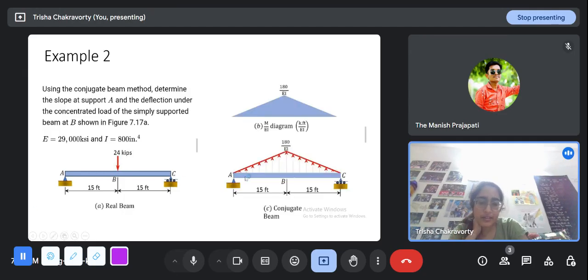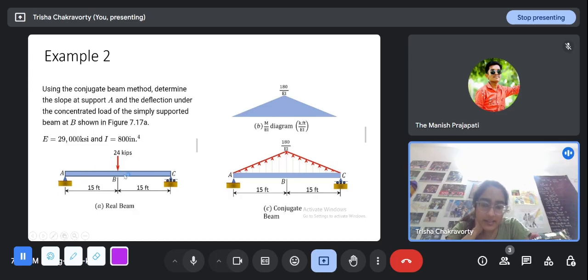So what I do is I have to draw the conjugate beam. For the conjugate beam, I know that the hinge support and roller support remain the same. And why is it so? Because we didn't study the roller support earlier, but a pin support and a roller support are basically the same thing. Since the hinge also provides a restraint in the horizontal direction, but in a beam we generally assume there is no axial loading, so a hinge support remains a hinge support, a roller support remains a roller support.